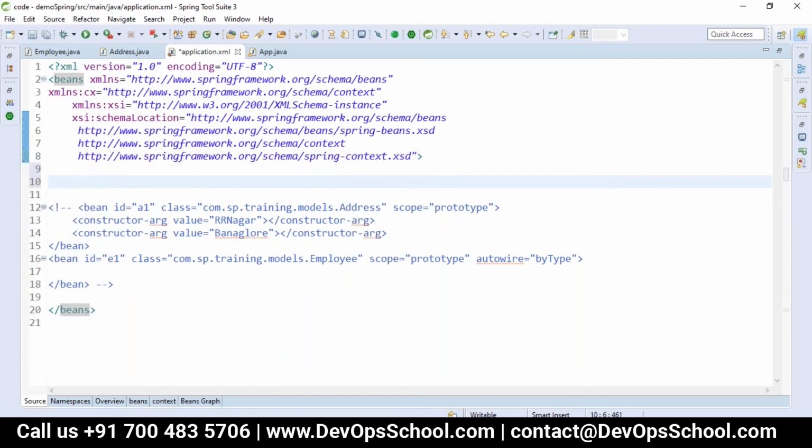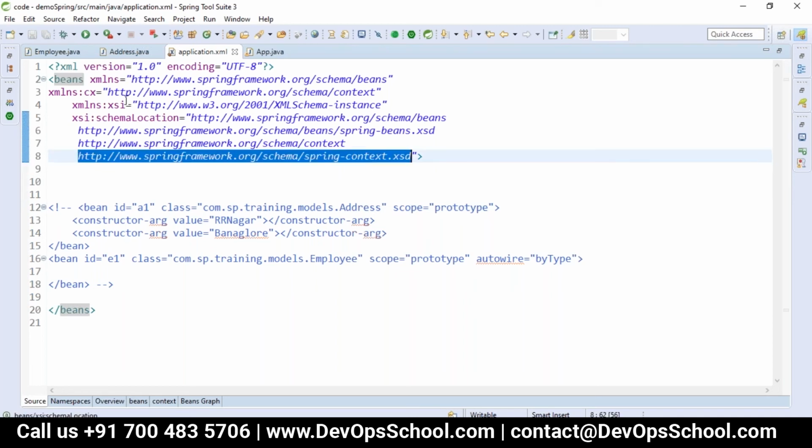So I don't have any configuration, but look at this particular point. That is CX colon. I guess context is not proper.